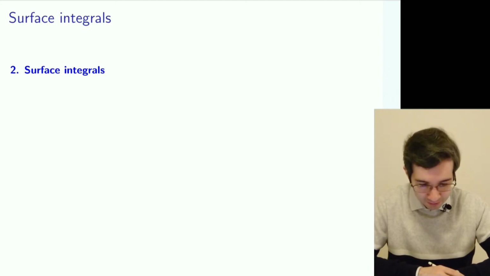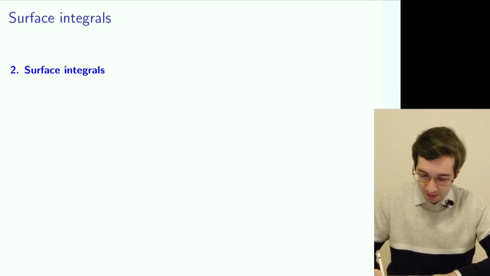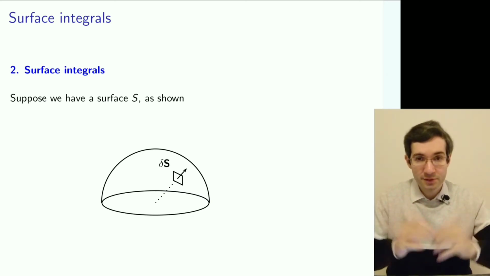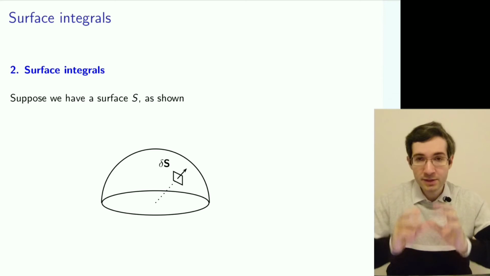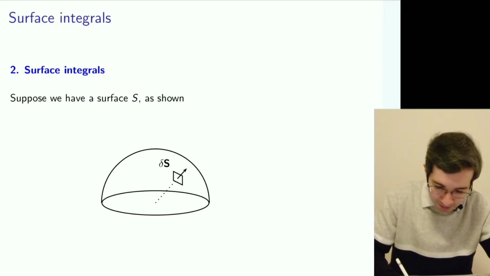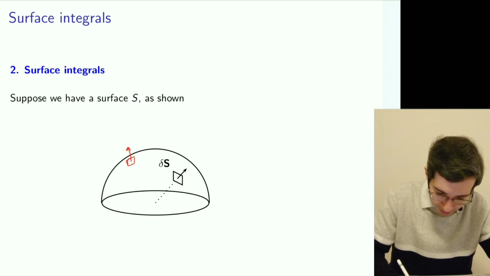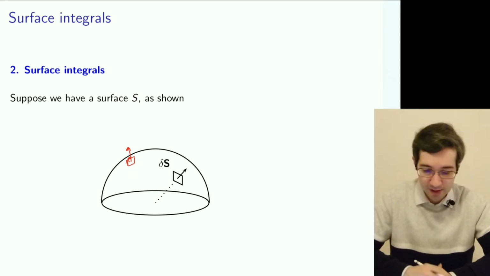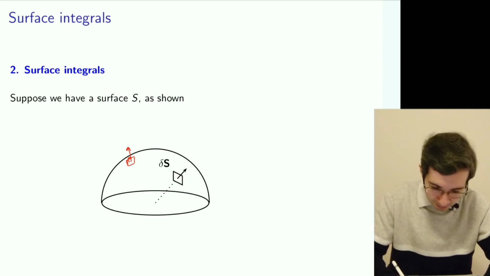Now, the surface integrals are talking about surfaces. So let's think we have a surface, and we split the surface into little bits. Each of them has an orientation. So we have one bit, another bit of the surface, and all of them have some orientation. And normally we will be talking about the normal orientation to the surface. So think of this surface becoming kind of like a hedgehog with a little orientation around it.